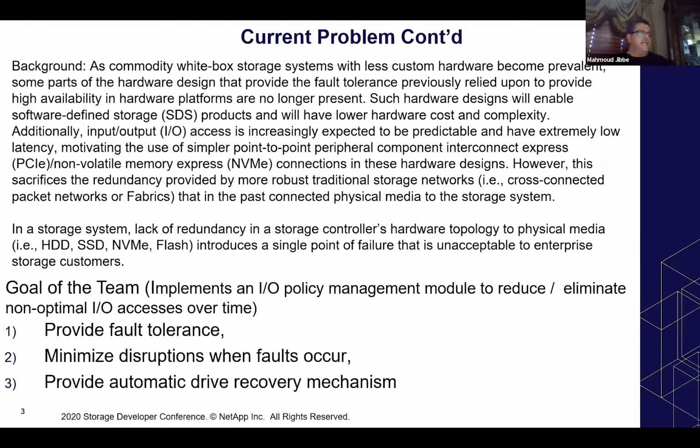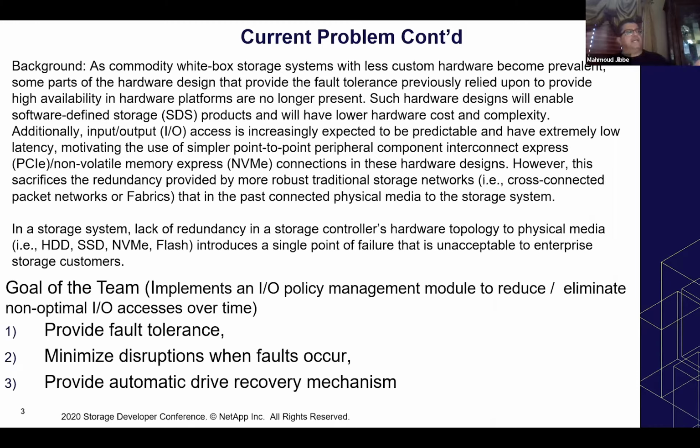In addition, I/O access is expected to increase and have very low latency and no impact to performance. Such criteria motivate the use of point-to-point peripheral component interconnect, especially PCIe, for NVMe connections in these hardware designs. However,